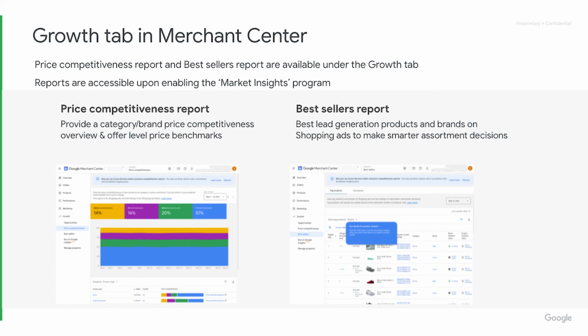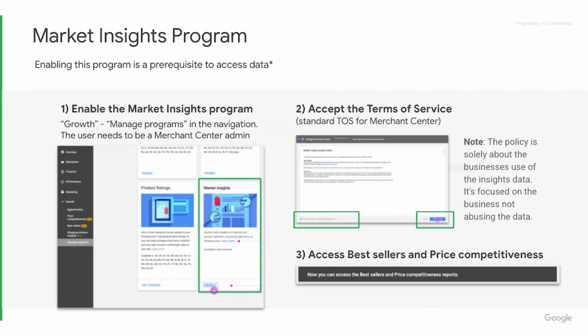The second one is the Bestsellers Report. It's the place to show you what are trending and popular products that consumers look for across Google. It could show you, for example, what products to add from brands that you carry already, or what are trending brands that you might want to get into your inventory going forward, or even think about clearance suggestions, where you can check what products have gone down in trends that you might want to sell off.